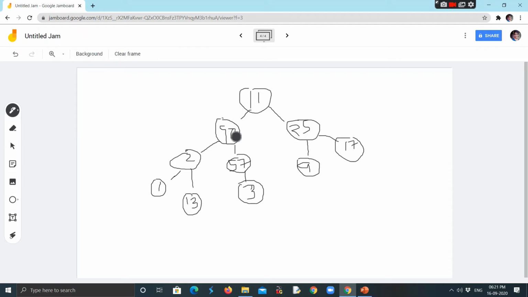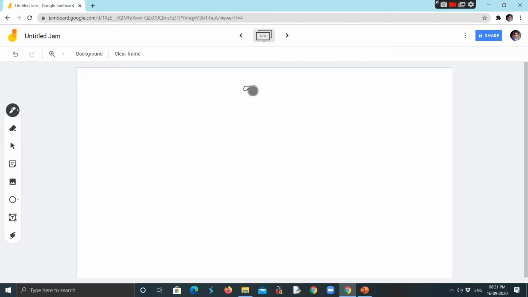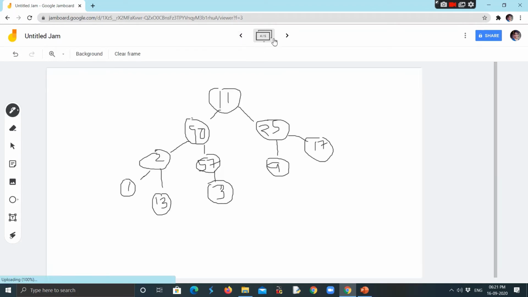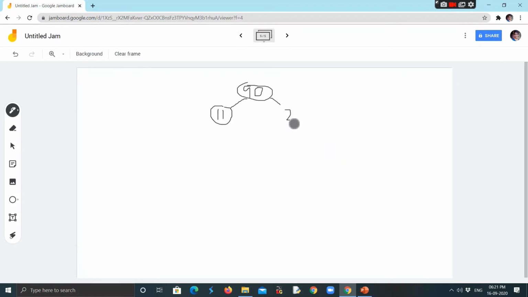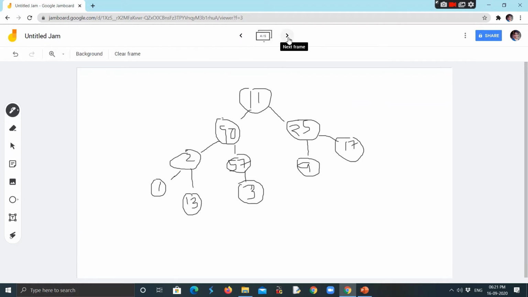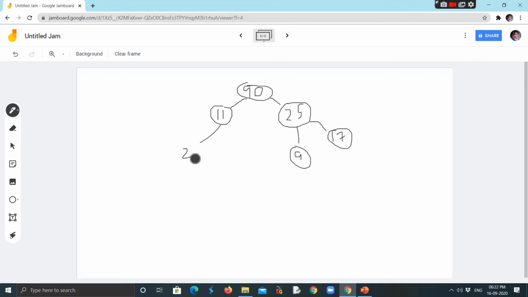Now what you exchange is that from 90, 11 and 25, which is bigger? 90 is bigger, so 90 will take its place and 11 will come to take the 90's place. So we have over here 90 at the top, 11, then what we have over here, we have 25. Okay, we have 25 over here, then we have 9 over here, 17, and 17 we have 2, 57. Okay, we have